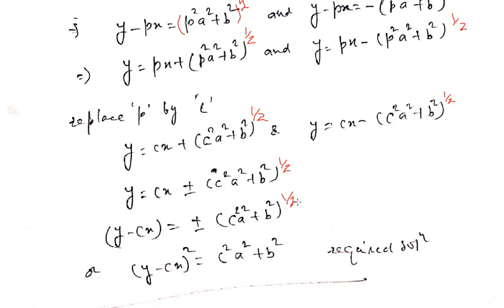So in this way we use Clairaut form to obtain the solution of an ordinary differential equation of order 1 but not of degree 1. So that's all about